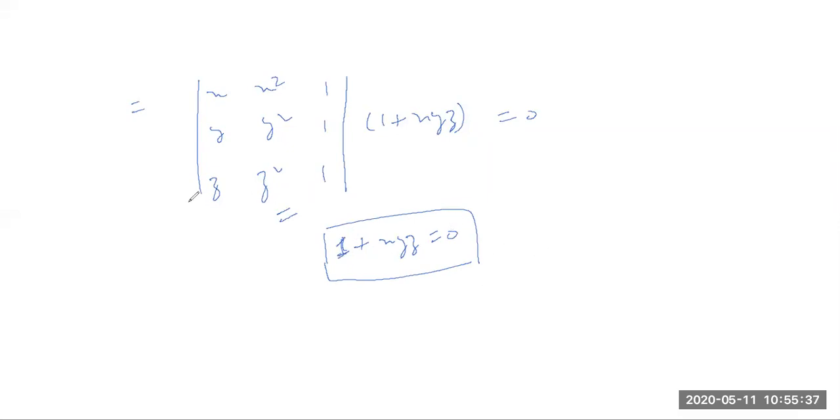Okay. See, determinant means what? Determinant means it will be a scalar value, na? It will be a kind of constant. So we are just dividing this constant to other side. Just as we always write that a into b is equal to 0, so the value of b will be equal to 0. We write it like this because a gets divided other side. So in the same way, this determinant will also get divided to other side. So if it divides other side, we'll get 1 plus x y z equals to 0 only.